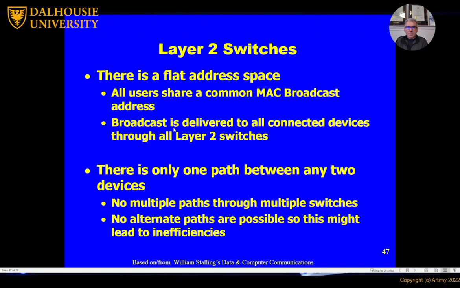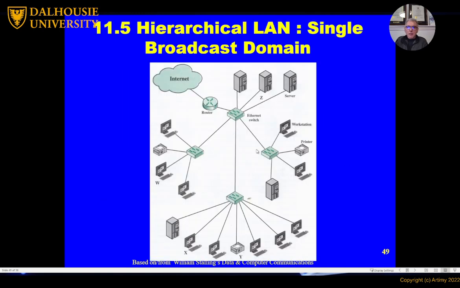What does it mean, same address space? All the addresses, so if I send something from X, it will still be received by W, still will be received by Z, still will be received by Y. Because they all will share the same data link layer, right? If I want to have a broadcast, or if W sends something, it will effectively be broadcasted to everybody. Everybody will listen to it, right?